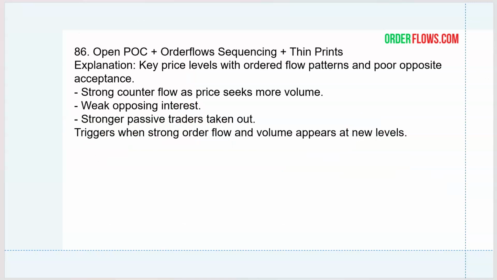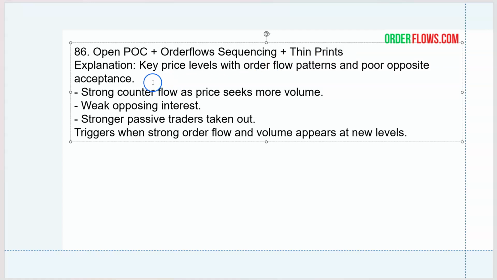Number 86 is open point of control, order flow sequencing, and thin prints, right? So now I'm getting into not just 2 things, but 3 things. Okay, it takes it a little step further. Now, there's only a handful of these that are 3, but hopefully by now, since you understand what you're looking at, you're starting to see other things in the order flow. So open point of control, order flow sequencing, and thin prints. The explanation is key price levels with order flow